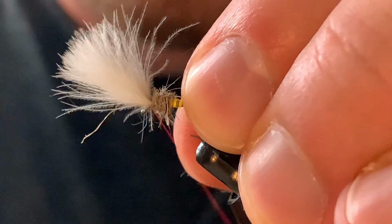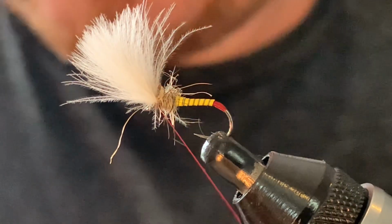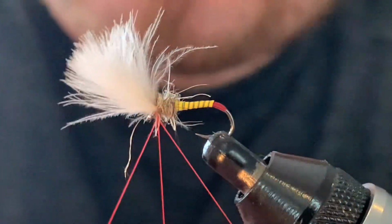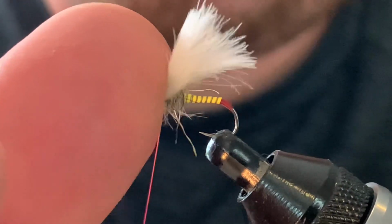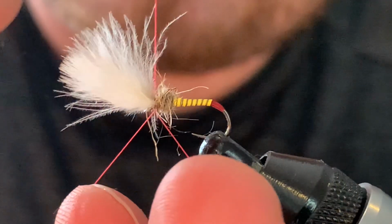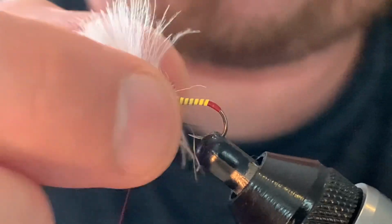And if you're going to be a perfectionist, I would have cut the red thread off before the dubbing. I would have knotted it off, varnished it, and continued with probably a light brown or something, just so it blends in completely. But this is no issue, you can still just keep on with the red, but you might be able to see a little bit of red just behind the eye. But you can easily get rid of that if you've got a problem with it by using a brownie or an olive or something for the second half of this fly. CDC in the way there. Or alternatively, a couple of knots, I can just bring this forward, cover that,